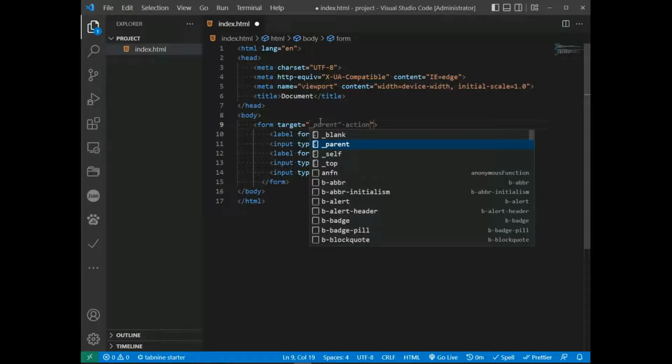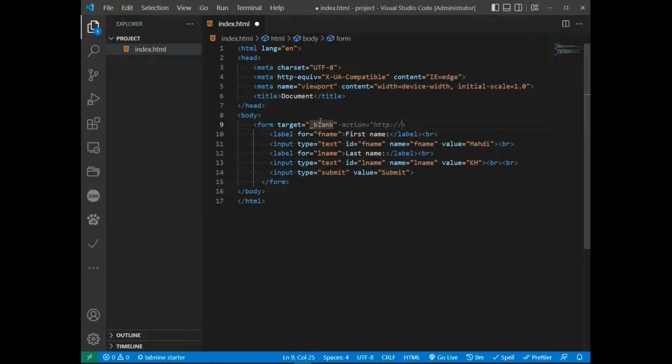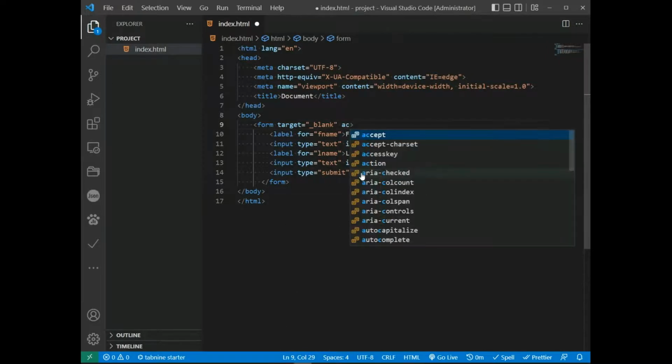parent response is displayed in the parent frame, and in self the response is displayed in the current window, and in the top the response is displayed in the full body of the window. So I set the blank, and the default value is self, which means that the response will open in the current window. So Control S and set the action